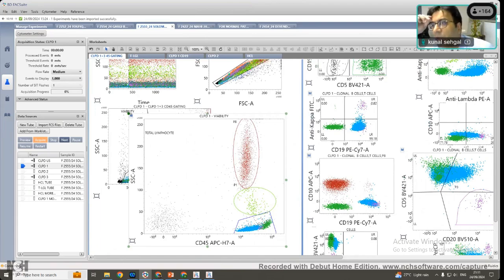Minimum cell count in peripheral blood, this cell count varies. So if I have 80% blasts